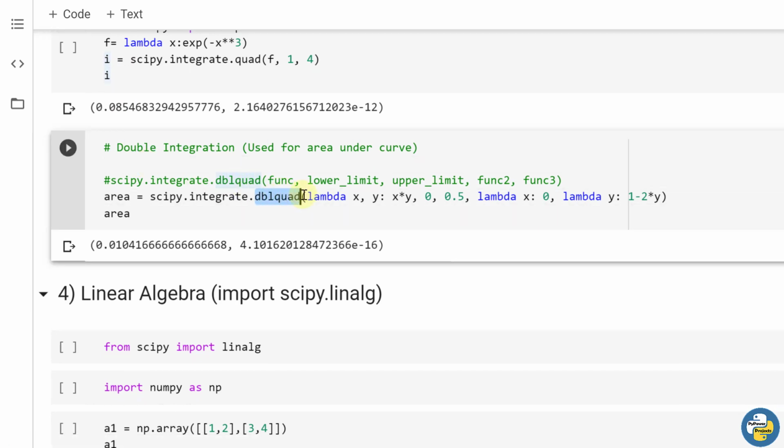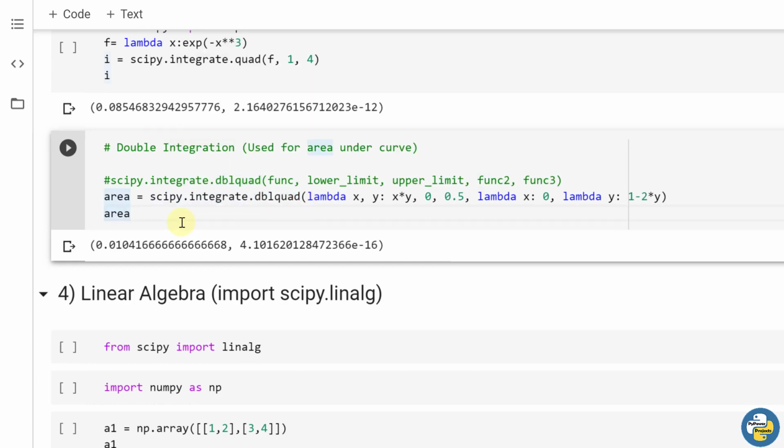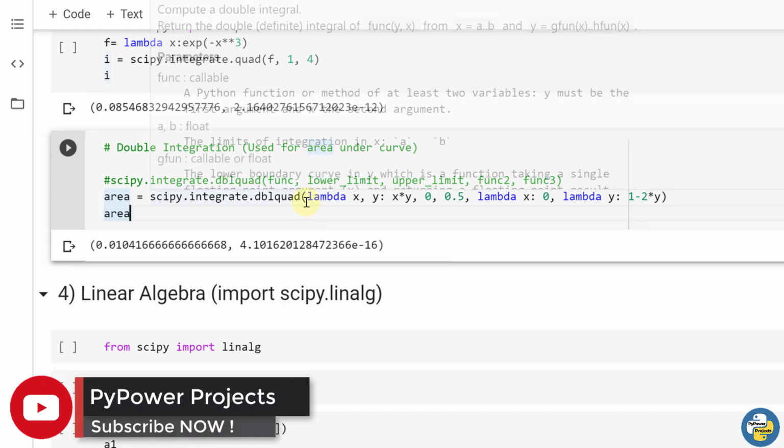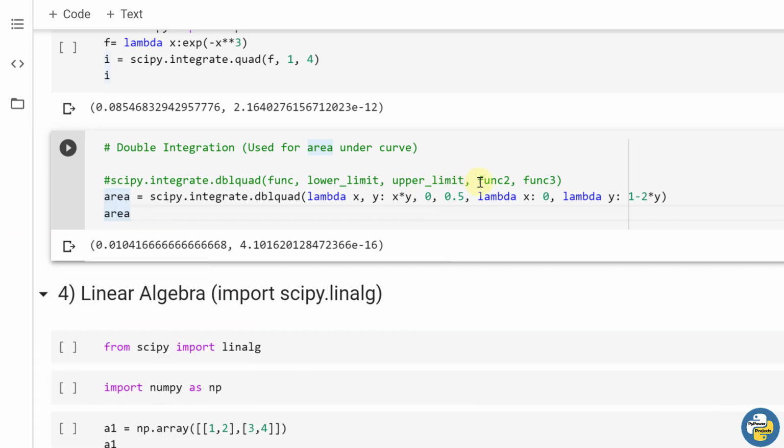Now double integration, that is dblquad. What dblquad will do is perform double integration for you. Double integration is basically used for calculating area under a curve, and many other applications for double integration are there. dblquad will take as arguments: first a function, second the lower limit, third the upper limit, and the fourth and fifth arguments are the functions of the outer integration.